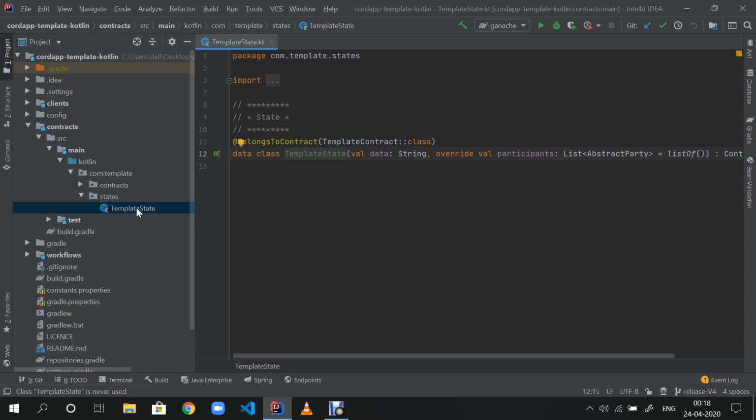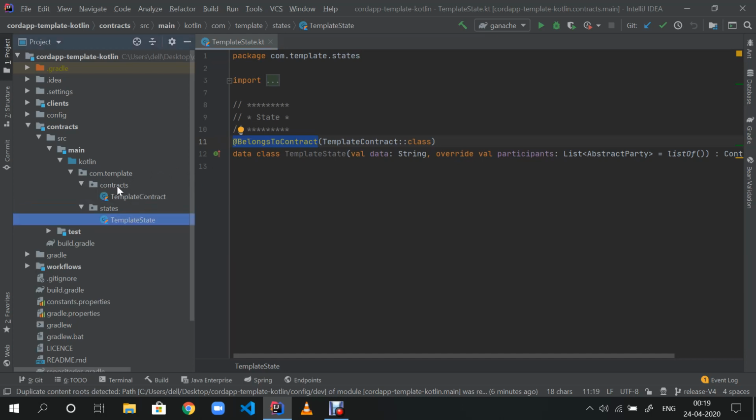When you open the template state, we find here belongs to contract. If you are familiar with blockchain terms, you have definitely heard about the word smart contracts. So this is what contract here means. If you open the contract folder, you can see belongs to contract and template contract is written inside.